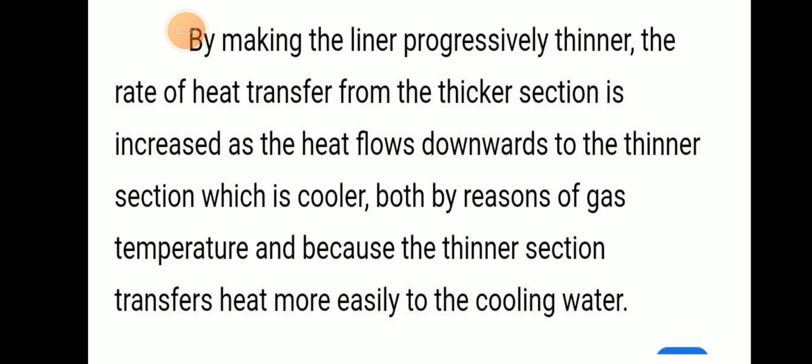So one is hoop stress and the other is the heat transfer property. Heat from the thicker section will flow to the cooler area, that is, the lower part. So for both reasons, gas temperature and thinner section, heat is transferred more easily to the cooling water. These are the two main reasons why the liner is made progressively thinner at the bottom when compared to